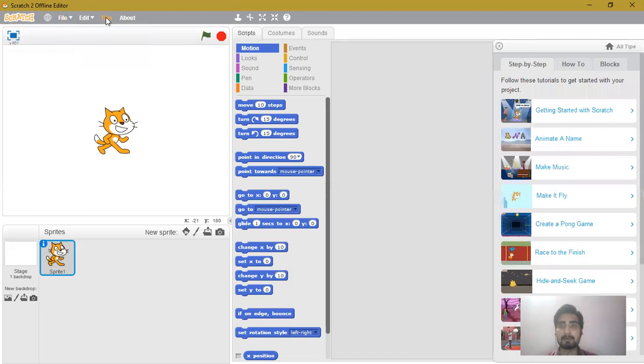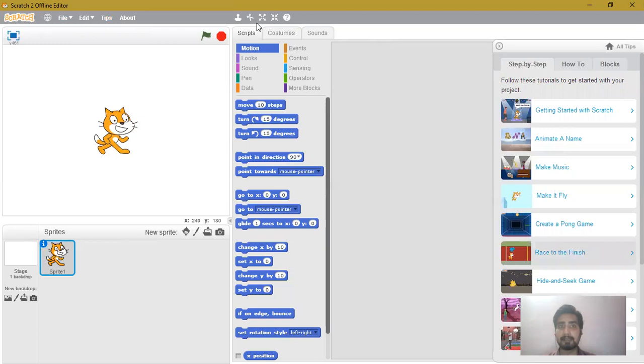In the tips tab, you get some tips related to Scratch programming or writing the script. Some examples are provided. On the right side, you can see these are some of the examples provided by Scratch, which you can use for learning. And then about: in the about section we get some information about the Scratch window, what the creator of Scratch says about it.